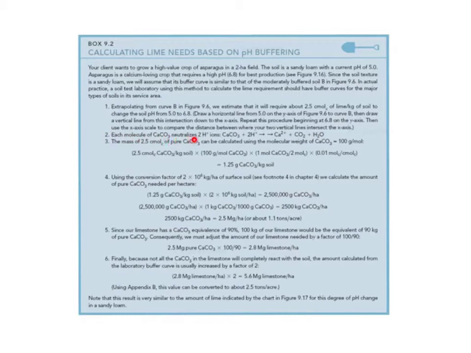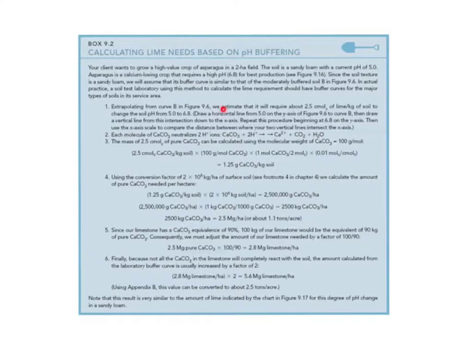Each molecule of calcium carbonate neutralizes 2 hydrogen ions. So if I put a molecule of calcium carbonate in a solution that has hydrogen ions in it, you will see that this reaction will proceed to the right. You'll have a calcium ion, a CO2 molecule and a molecule of water. The hydrogen has been taken into the water itself and been remediated, or fixed, in the form of water. So that's interesting. Okay, so then we go on to number 3, the mass of 2.5 centimoles of pure calcium carbonate,